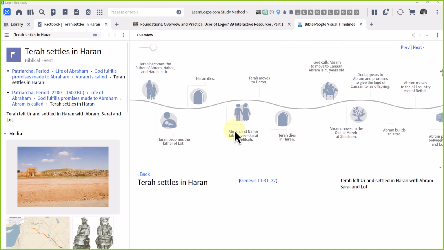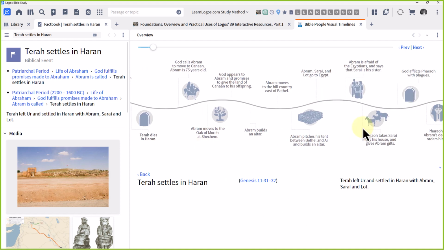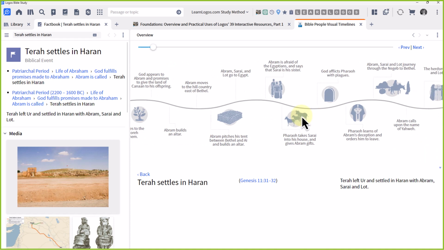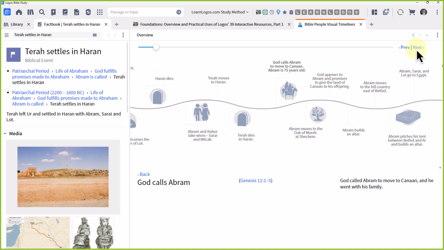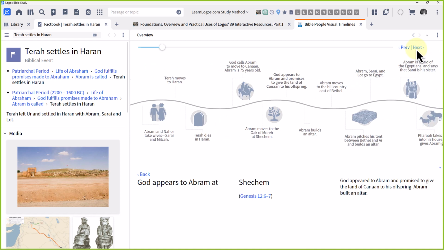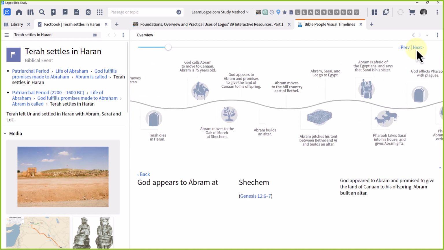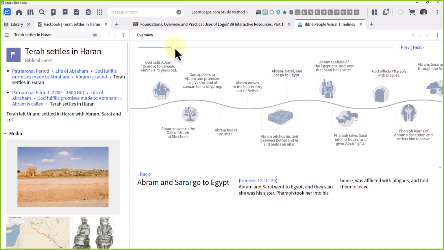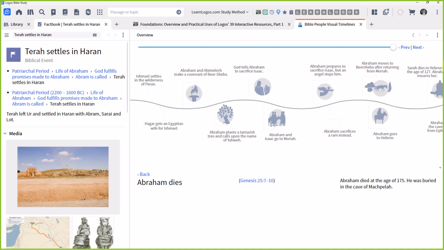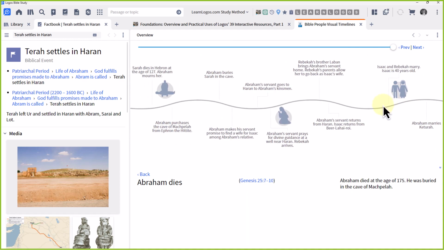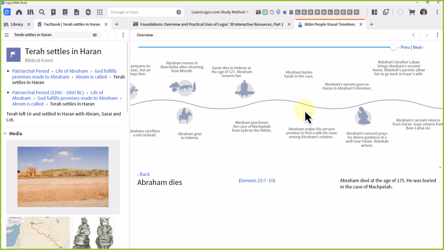So don't think of the background visual timeline as just one-dimensional. It's multi-dimensional because we can scroll through here. Now, what I'm going to do is left mouse click and hold my mouse down, and that's how I'm dragging this to the left and to the right. That's to move it by my mouse, but I also have the next and previous, and that will move me through this incrementally. And now I can see each object one at a time. Or we can grab the circle and really cruise through it. You've got a lot there. I have found that the best way to move it is just left click and grab it and move it left and right. So the visual timeline is nice because